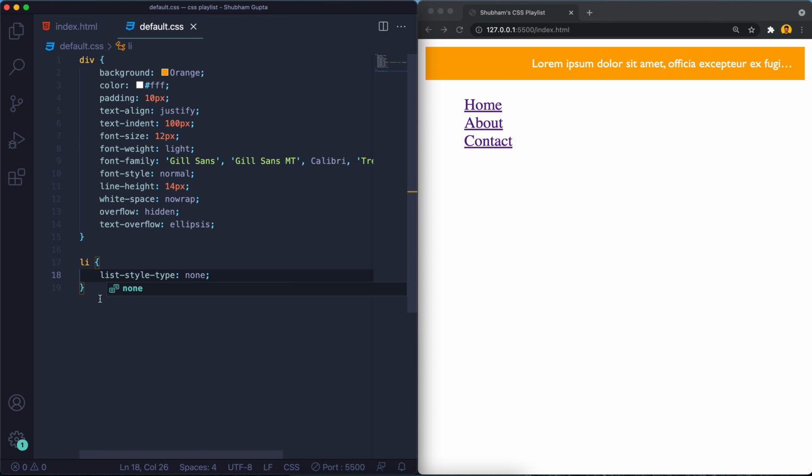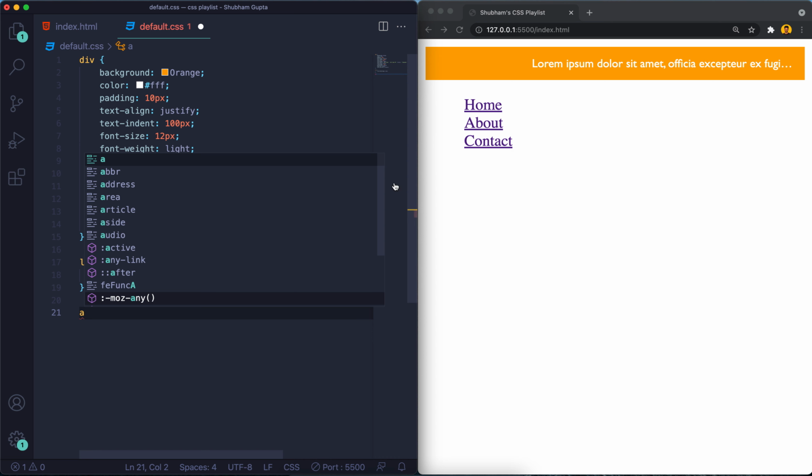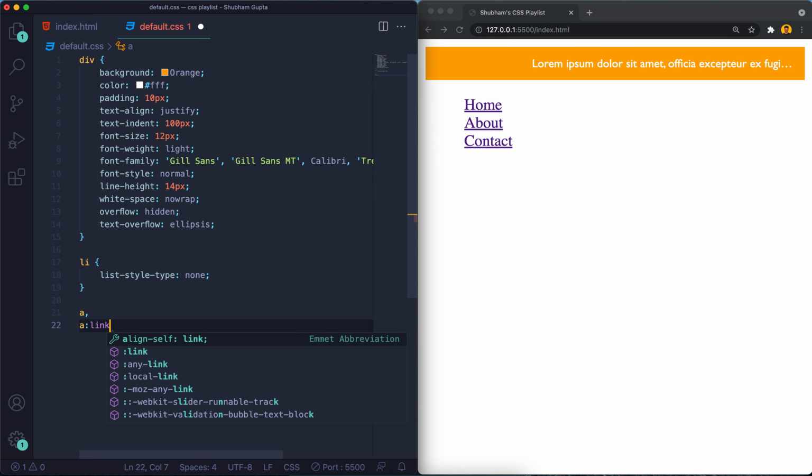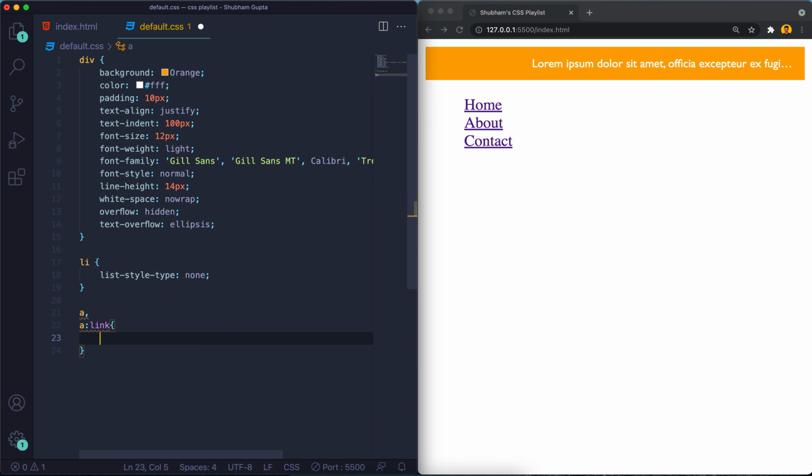Okay, and similarly for the anchor, we can see there are colors. For the anchors which are links, we can give the color black this way. Actually we are overriding the default property, so now this is black.